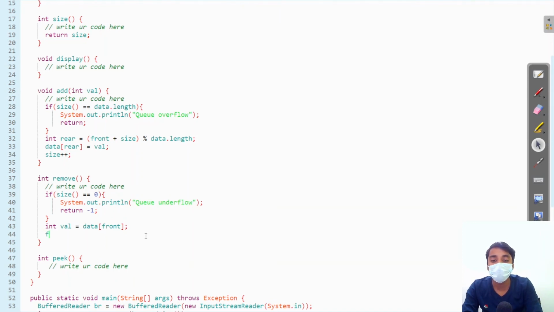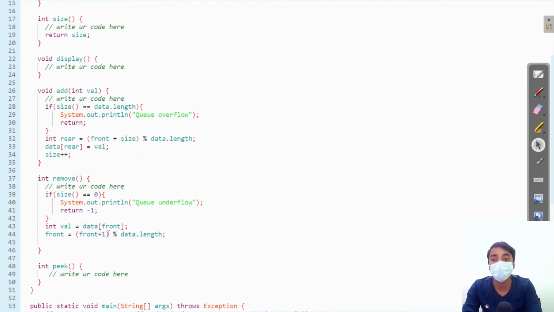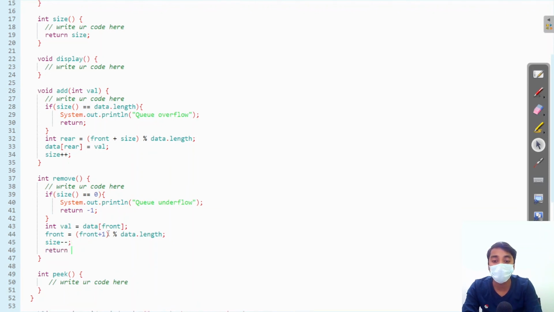Now increment the front, which will be front is equal to front plus 1 modulo data dot length. This will give us the front index of the data. Now the size will be decremented by 1. Then return the removed value.